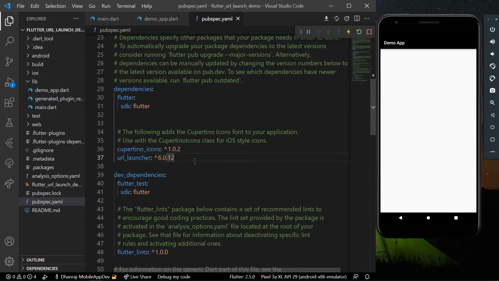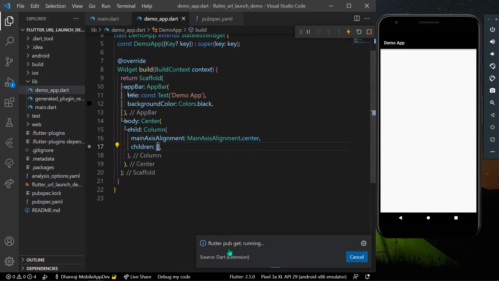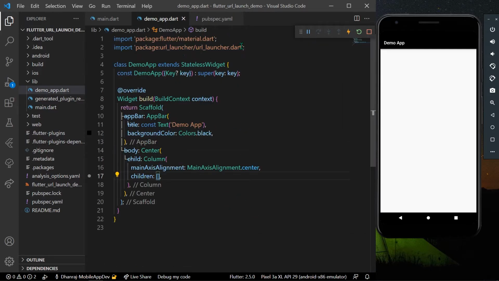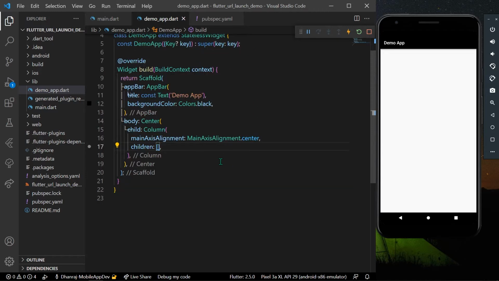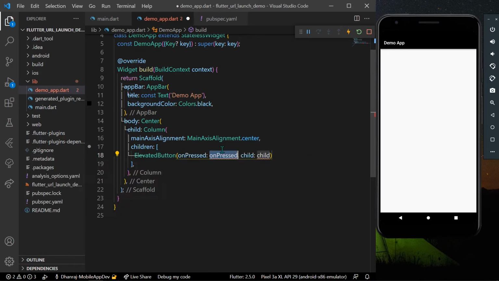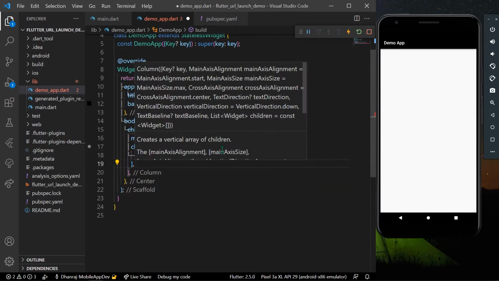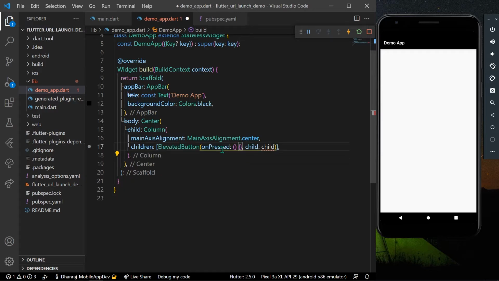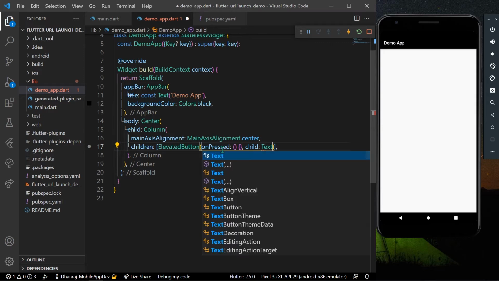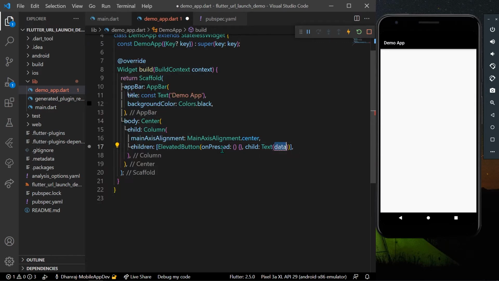Save or just run the flutter pub get command like this, and once it's installed, you will see a URL launcher import package like this. Now what I will do is simply create a button to launch our URLs. I'll create an elevated button, and in the onPressed I'll just keep it as it is for now, and in the child I'll take a text and write launch